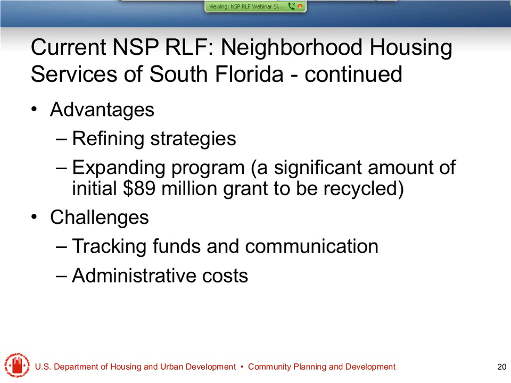So some of the advantages of this, simply that it allowed NHS to refine its strategy. They saw a need for principally second mortgages to home buyers who were looking to acquire foreclosed properties. They didn't see much activity in the market, and they said, hey, I can use my NSP funds as a tool to fill this need. And they've started to do that, and I expect they're going to continue to do a lot of that